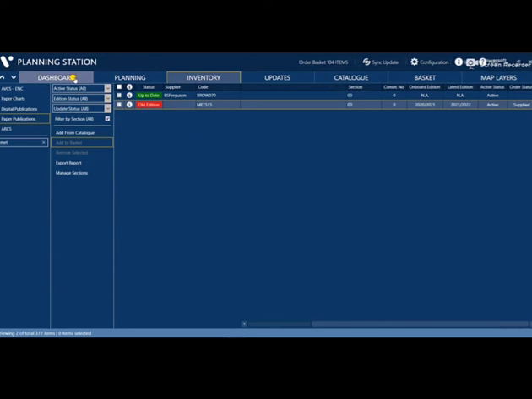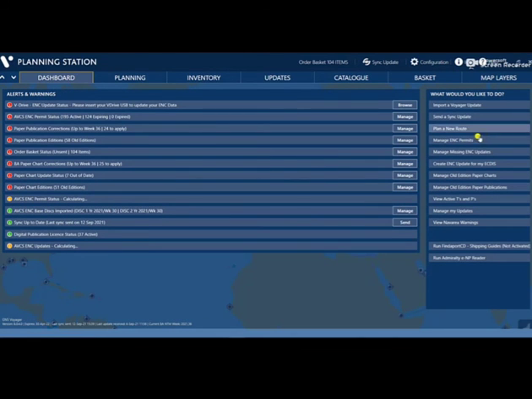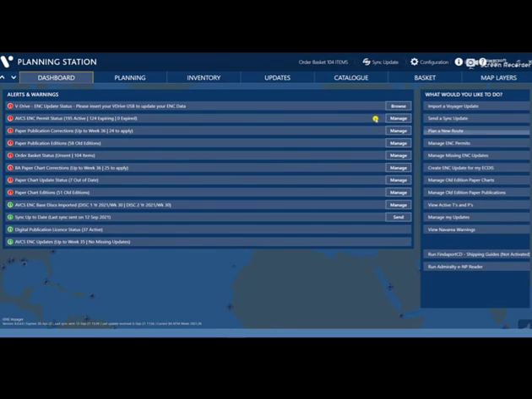So now I will go to dashboard, and to make effect of these changes in my inventory, I need to send a sync update so that when I receive an email update on Tuesday, it will make changes also here in inventory.